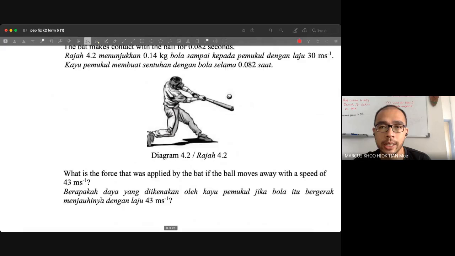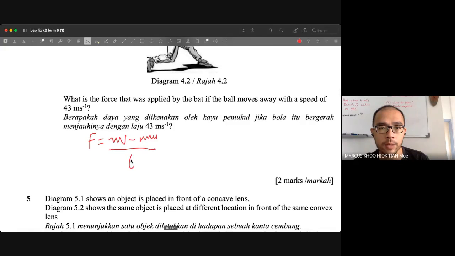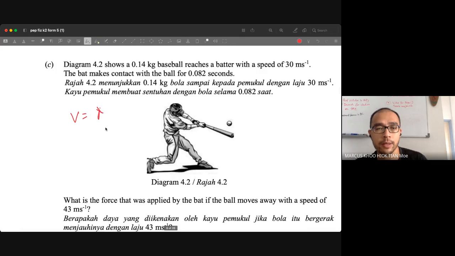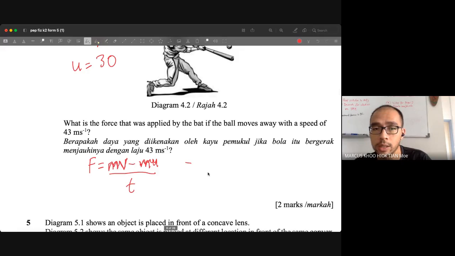Okay, diagram 3, yada yada. Okay, this one, most of you kind of got this correct, but we use this formula for this. F equals to mv minus mu over t, the impulsive force. Okay, sebab kamu ada jisim, you have time, then this is 30 and then 43. So V is 43 and U is 30. Okay, so when you substitute this, you will get 22.195